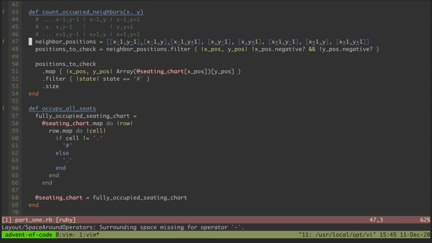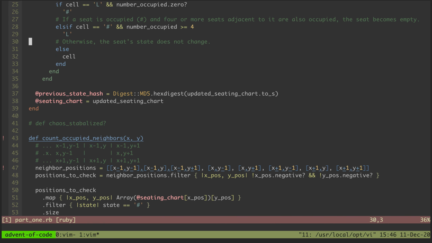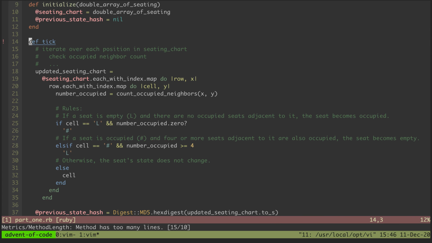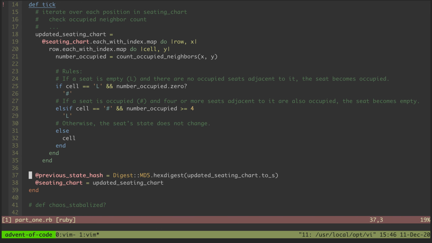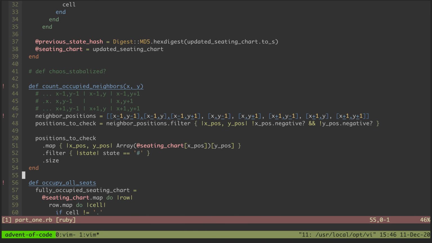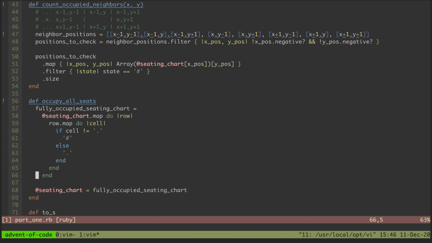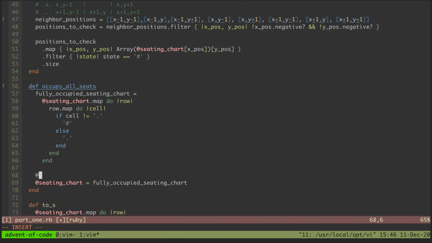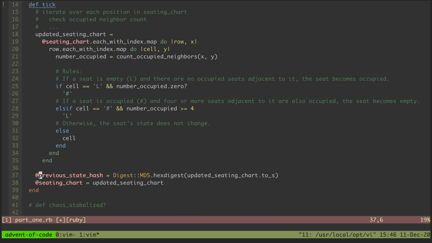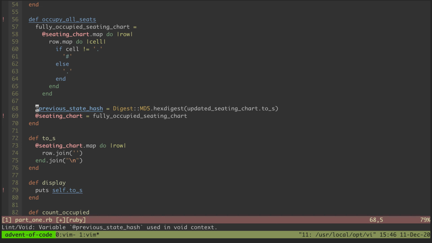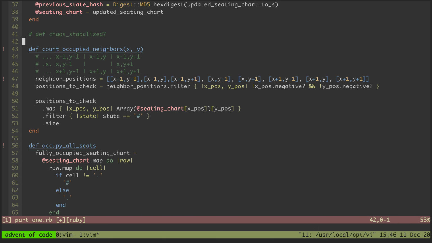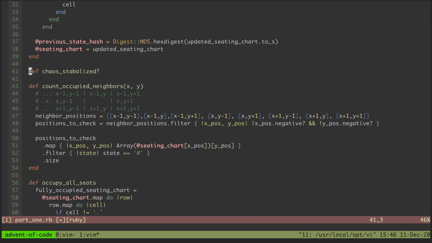So now each time we tick the grid, we're going to get a previous state hash. And I think also when we occupy all seats, we're going to want to say previous state hash like that. And so then our chaos stabilized, we can say